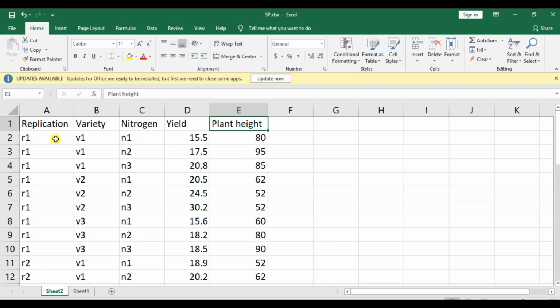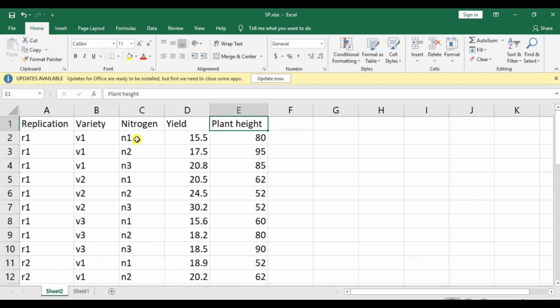Okay, so how will we arrange the data? First I will take replication-wise data. So main plot has 3 levels and subplot has 3 levels, so total 9 combinations for one replication. I will arrange this for the first replication like V1 V1 V1. Here I am writing V1 3 times because nitrogen has 3 levels. If nitrogen has 4 levels, I would have to write V1 4 times.